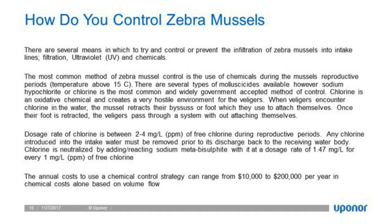A more common one is sodium hypochlorite, or commonly referred to as chlorine, which is an oxidative chemistry, meaning that it kind of burns the organics up, and it's widely accepted by governments in Canada and in the U.S. The chemical creates a very hostile environment for the veligers, and when the veligers sense that hostile environment, that foot that we talked about, or the byssus that extends from the mollusk, actually retracts and pulls in because it does not want to be